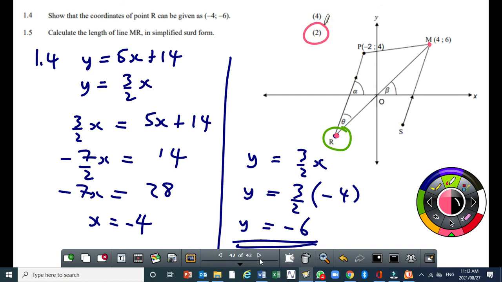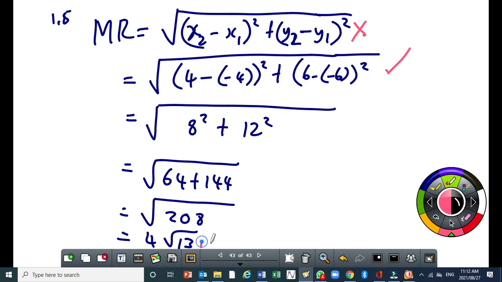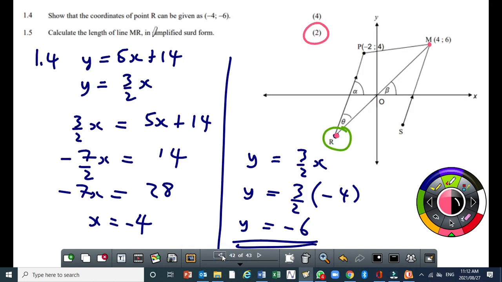So the marks that are allocated, 1 mark is going to be obviously for the answer. The other marks will be allocated here. And then simplifying 208, no mark here, no mark there. The mark will be given for the answer simplified all the way. Yes. No, the question was simplified surd form. So what if you were to speak of the